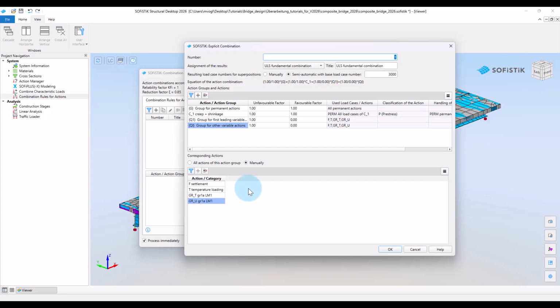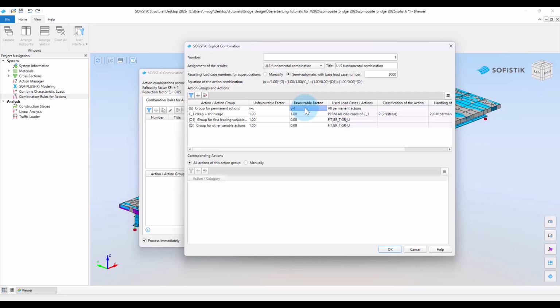Yet, we haven't defined these factors, so let's do that. We start with the permanent actions. For the ultimate limit state, we want to multiply with the safety factors. So we assign gamma u for the unfavorable case and gamma f for the favorable one.